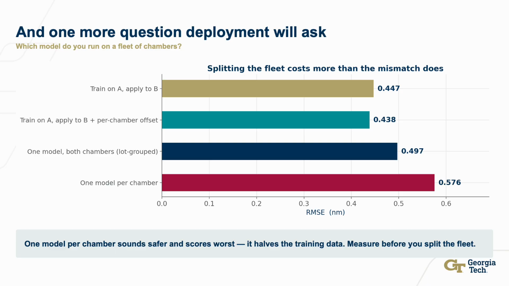0.447, and add a simple per chamber offset, one number, the mean difference, and it improves to 0.438, the best of 4. So a shared model plus some small per chamber correction beats both extremes. We keep all the labels and we absorb the mismatch with one parameter. Splitting the fleet feels safer and costs more than the mismatch does. Measure it before you decide, and note you only found this out because we ran the leave one chamber out